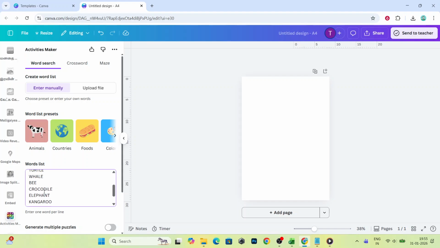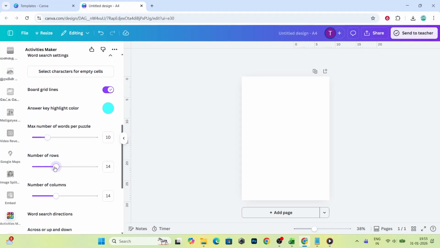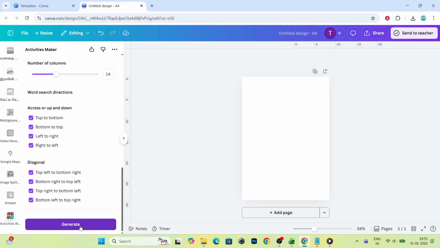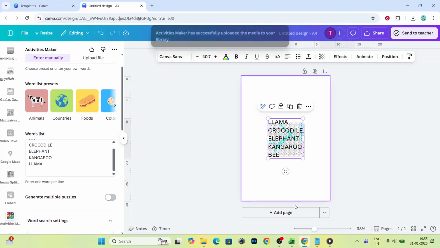A larger grid supports longer or more words, while a smaller grid keeps the puzzle quick and compact. Try to match the number and length of words to your grid so everything feels balanced. When you are happy with the setup, generate the puzzle. The app will automatically create your grid and a matching solution key, saving you time and keeping the layout consistent